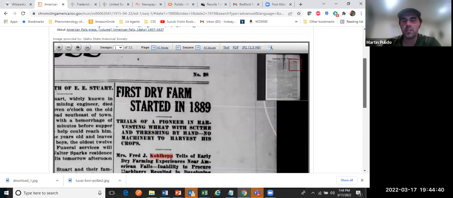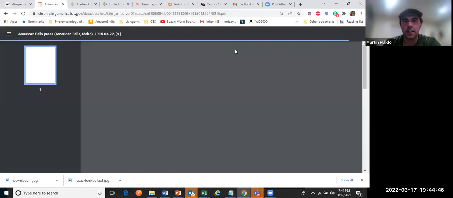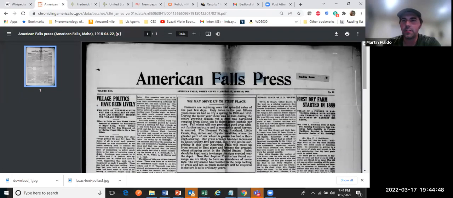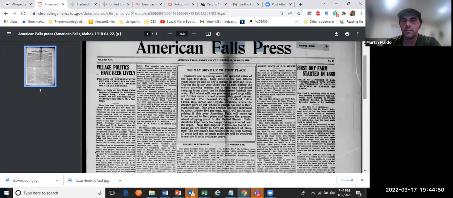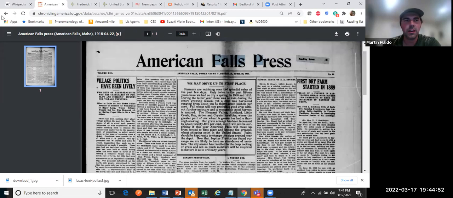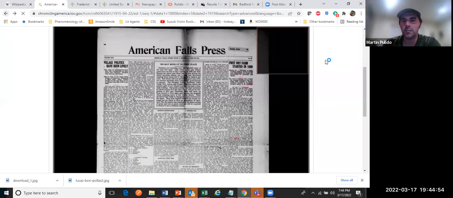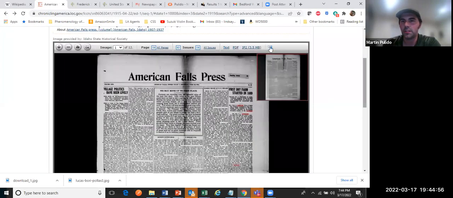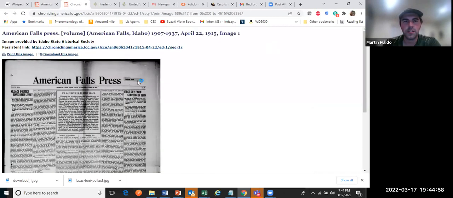So what you can do is a few things. One is you can just get a direct PDF. So you'll see there's a PDF. I can just click here. It's going to download it, and I can get the whole thing for that page. So you can do that. The other thing that you can do is you can use the snip tool. You can see there's a little snippety snip there.